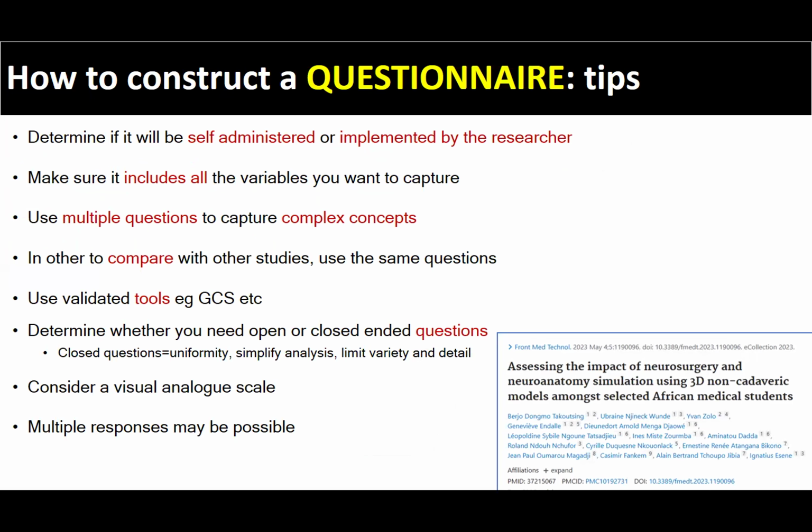Sometimes you collect more information than what is needed for your research, because sometimes you want to do a subgroup analysis, okay, or a post hoc analysis. You can still go back to the questionnaire and extract the data. For example, if you want to measure, say, the outcome after traumatic brain injury, you have to know, okay, maybe say you are going to use the Glasgow Coma Scale or the Glasgow Outcome Scale, the extended Glasgow Outcome Scale.